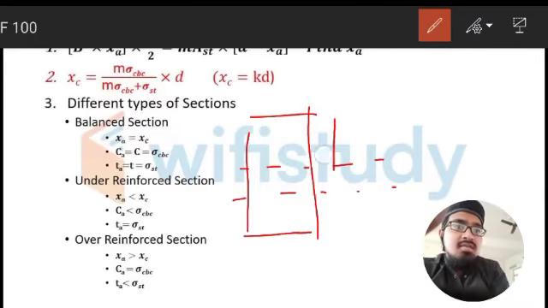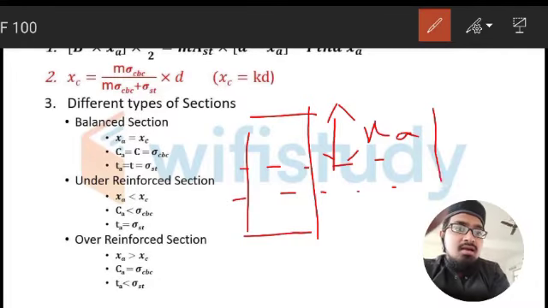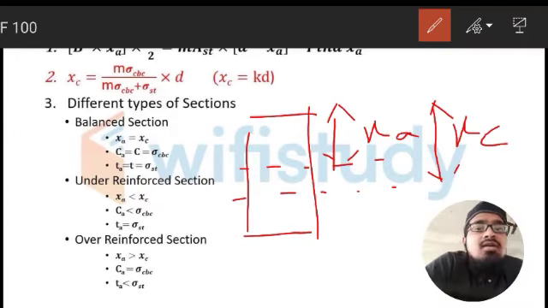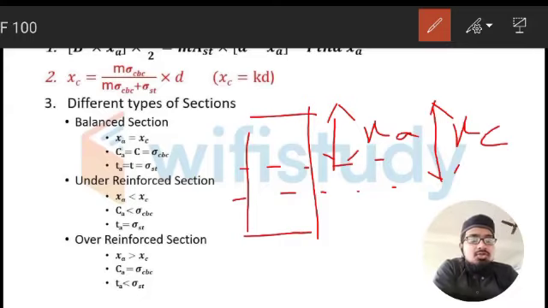So what the statement says is that in an under reinforced section, the actual neutral axis, I already explained what the actual neutral axis and the critical depth of neutral axis are in the previous class. If anybody has not seen it, they should see my previous video and come to this class. Everything is not going to be repeated in every class, so the upcoming classes will depend upon the previous classes. You should be watching the previous classes if I tell any new thing. So here XA is less than XC.